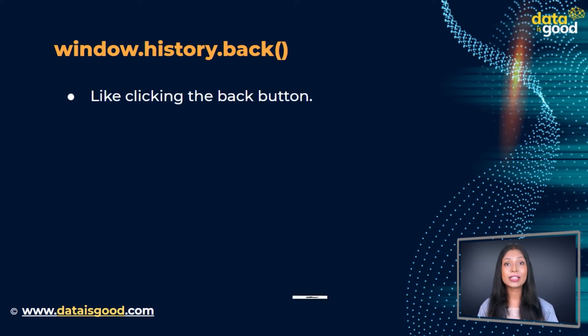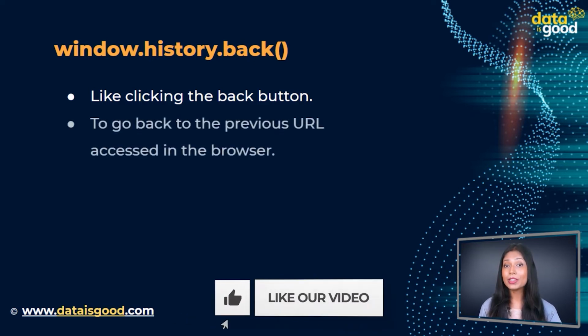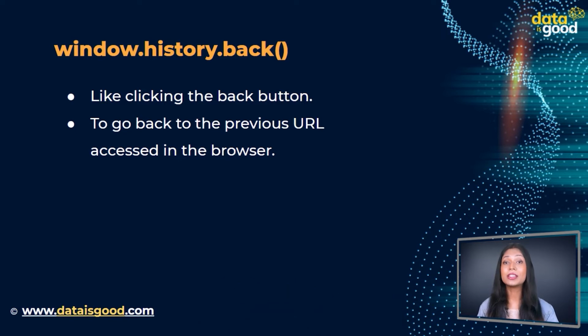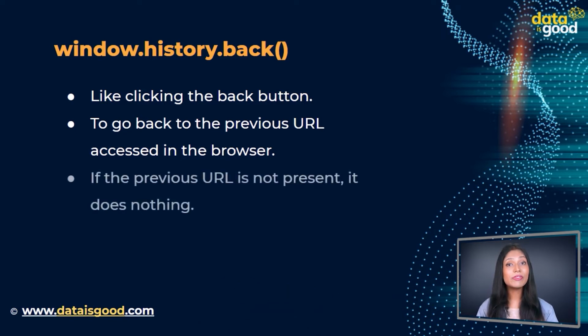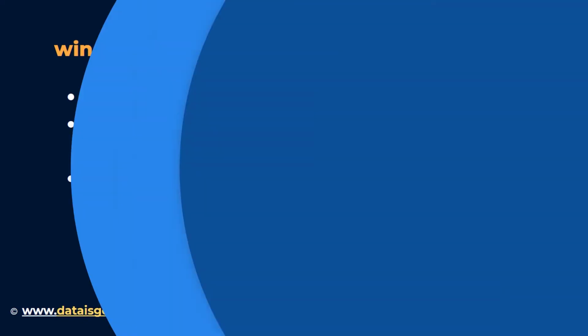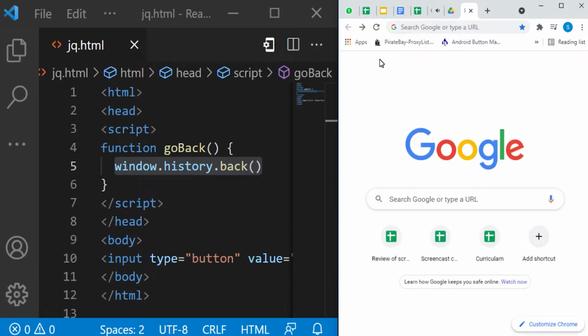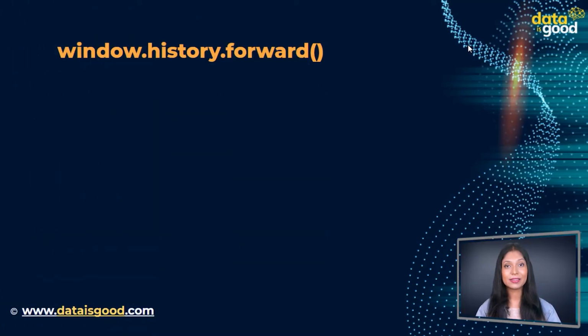The history object's back method is used to go back to the previous URL accessed in the browser window in the history list. If the previous URL is not present, it does nothing. We can use it like this. Open the output window and click on the button. When we click on the button, it does nothing because the previous URL is not present. Now let us see the next method, that is